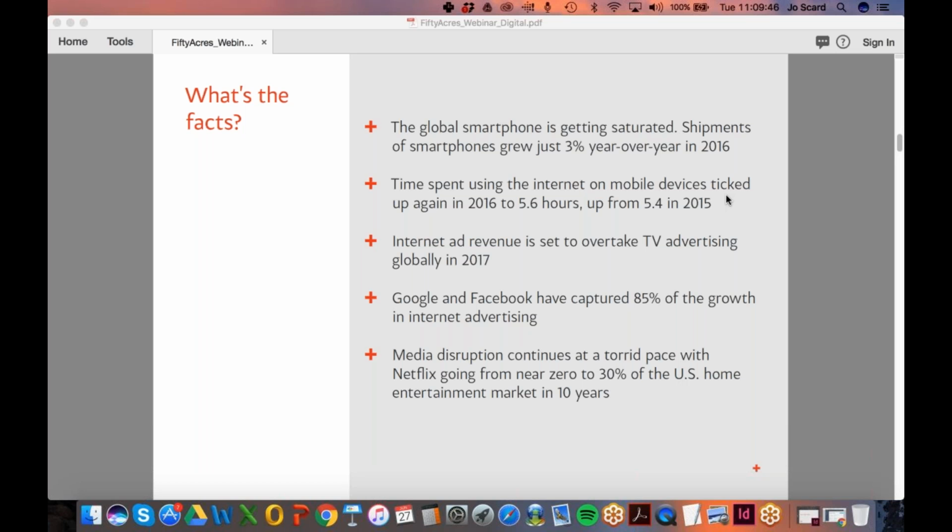That's not to say we're not getting all sorts of other new digital pieces of equipment, but I don't think it's ever going to stop, it'll only increase, but it is increasing at a slower rate. Time spent using the internet on mobile devices went up again in 2016 to 5.6 hours, up from 5.4 in 2015. Now, in some groups such as young people or Gen X or Gen Y,